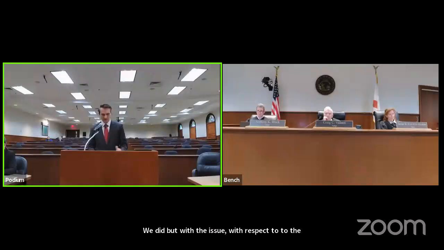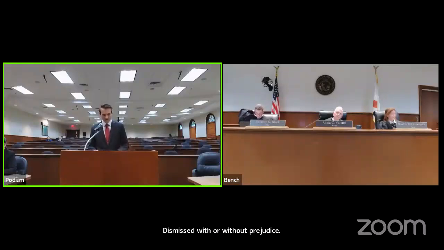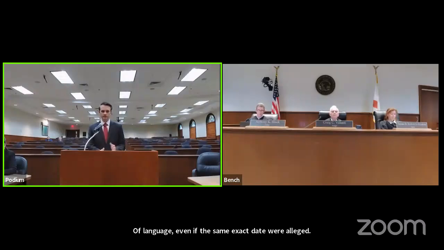there is limited case law. There is Espinoza, a Southern District of Florida case decided in 2014, based on the finding of the issue whether the initial foreclosure action was dismissed with or without prejudice. That distinction is, quote, irrelevant to its analysis of whether the acceleration of a mortgage note barred subsequent foreclosure actions brought outside the statute of limitations period. So that is in line with Ferrero, where there was the "all subsequent payments" language, even if the same exact dates of default were alleged, it would still be permitted in the second foreclosure